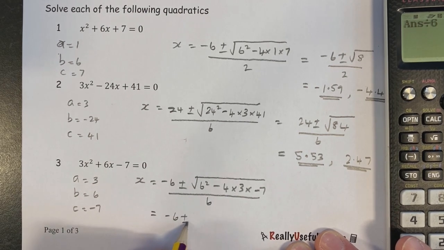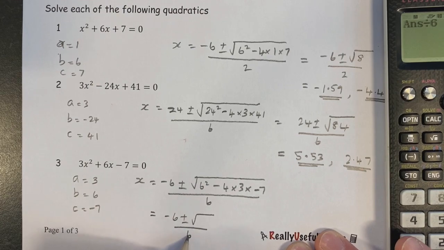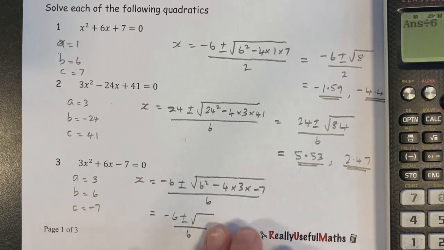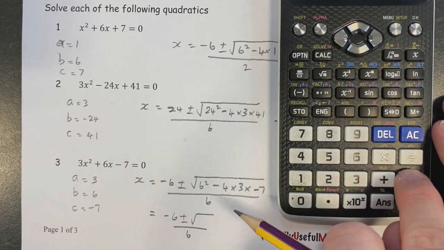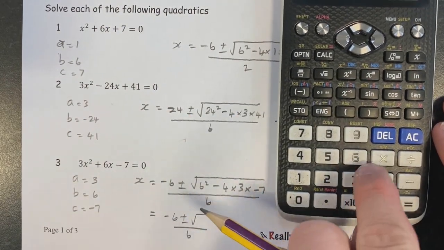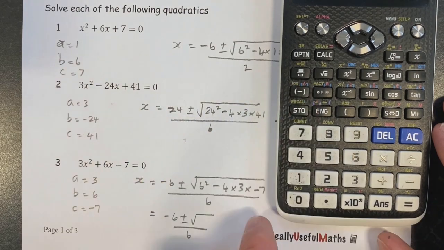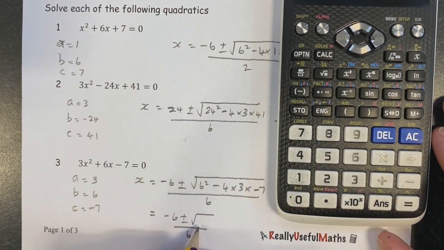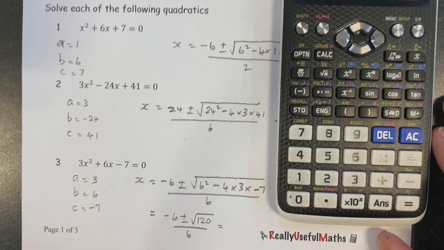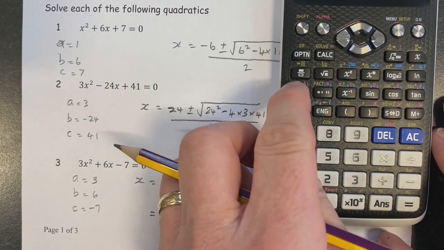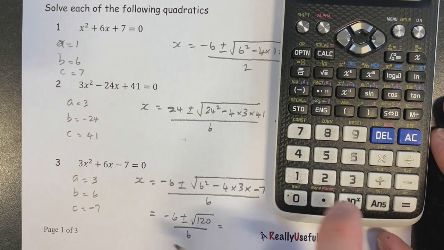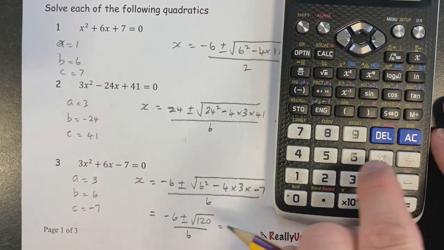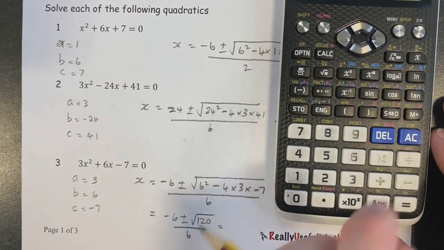Work out the square root, so all the rest is the same. So we've got 6 squared, take 4 times 3 times -7 equals 120. So now we've got minus 6 plus the square root of 120, divide that by 6 equals, and we get